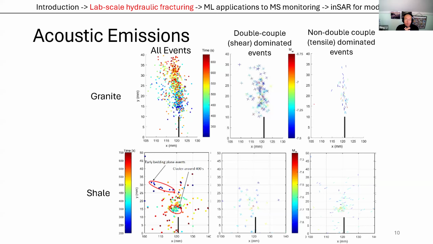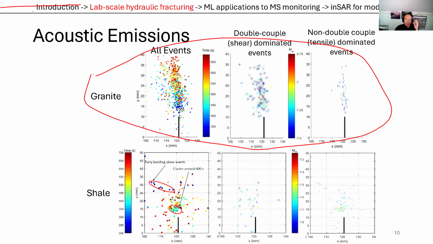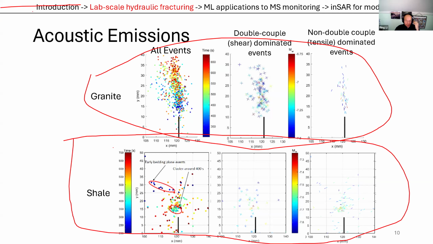Okay, I promised we would look at the acoustic emissions, microseismicity, nanoseismicity, what have you. This is what I'm showing here. On the top row are the acoustic emissions for the granite, and in the bottom row are the acoustic emissions for the shale. The first thing I wanted to point out is that the area in which these acoustic emissions are happening in the granite is a much more compact, concentrated zone. It's a very well-defined zone that corresponds pretty well to the path